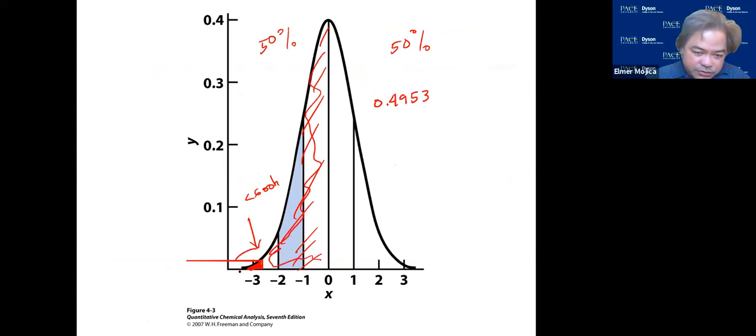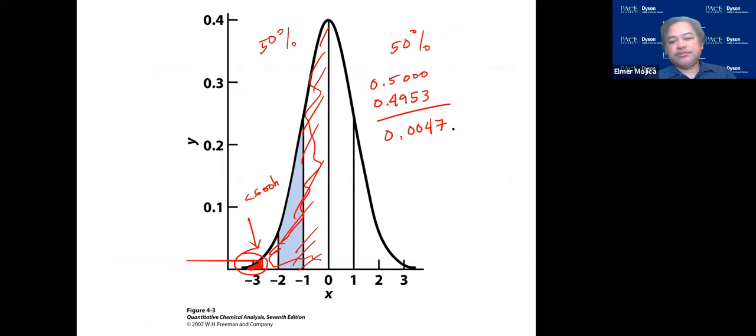So you're going to get 0.5 minus 0.4953, around this value. So that represents the fraction that has less than